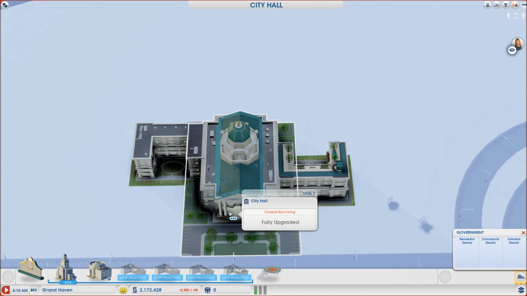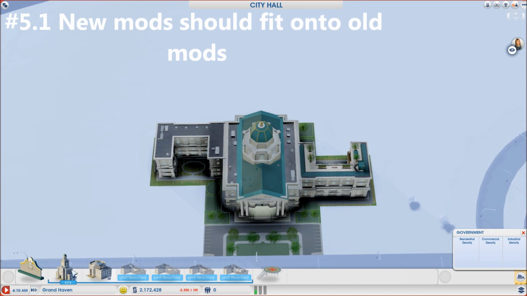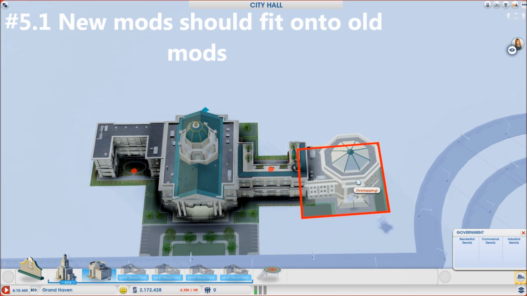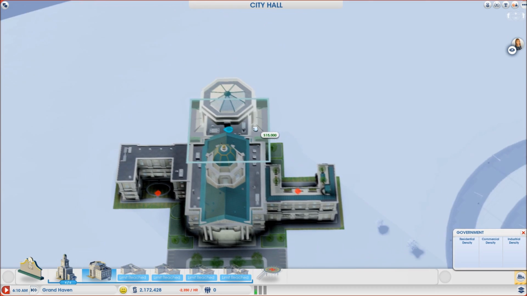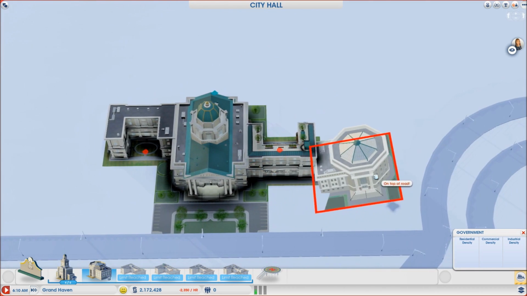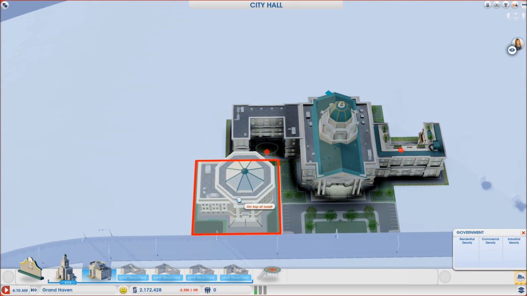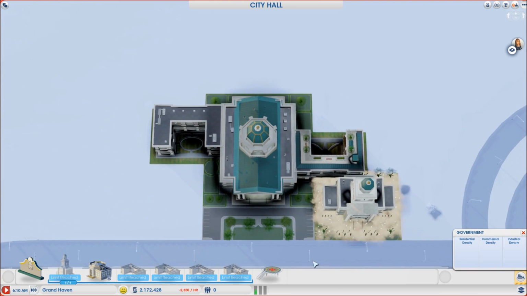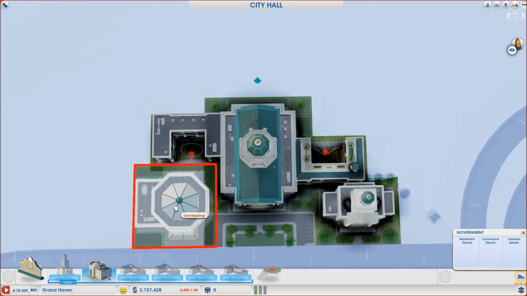Also, another problem with the city hall mods is they cannot go onto each other. For example, if you were to take this finance, you can only plant it here. But why should I not be able to connect it onto these mods? Maybe I don't have any more space to go up here, but I do have space to go on the right or the left. Why should it not be able to go there? Or look how nicely it would fit right here. That would save you a lot of space. Just like this building can fit snugly into this room here, why should this one not be able to fit